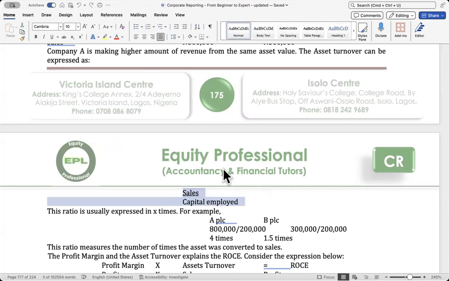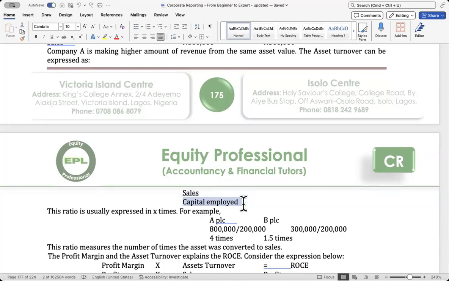I told you that when we solve past questions today, you see that the capital employed you use under this asset turnover will simply be the capital employed you would have used under your ROCE. It's always the same. Just use the same thing. The capital employed you used for your asset turnover must be exactly the same one you used for your